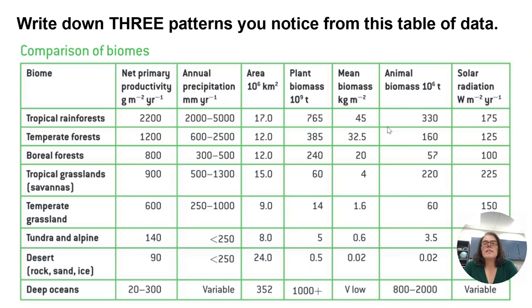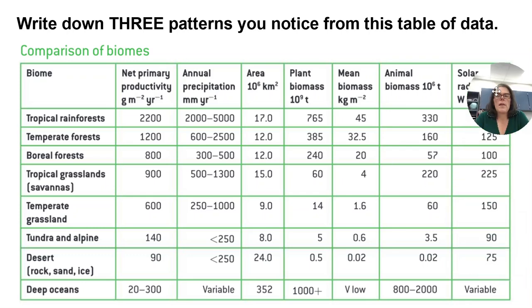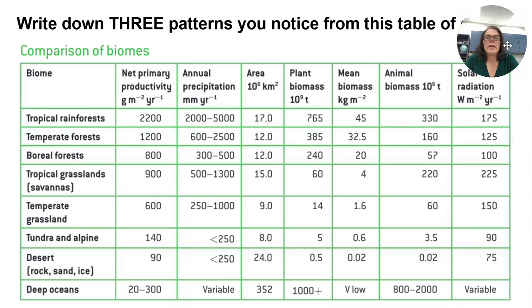There are lots of things to look over in this when you look at the slides, and you can compare and think about the meaning and how we create biomes, right? Think about what I said to begin with. What makes a biome a biome? Temperature and precipitation. Temperature and precipitation are going to lead you to net primary productivity, plant biomass, animal biomass, all right? But you're going to start with solar radiation, temperature, precipitation.